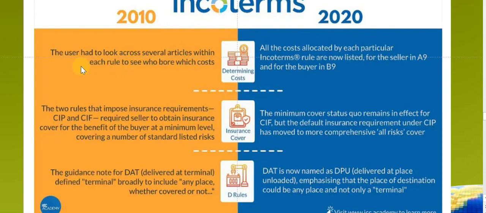And let's review this one again as repetition. Regarding CIF and CIP, the insurance coverage level: these are two rules that impose an insurance requirement. Okay, CIP and CIF are also the C terms,